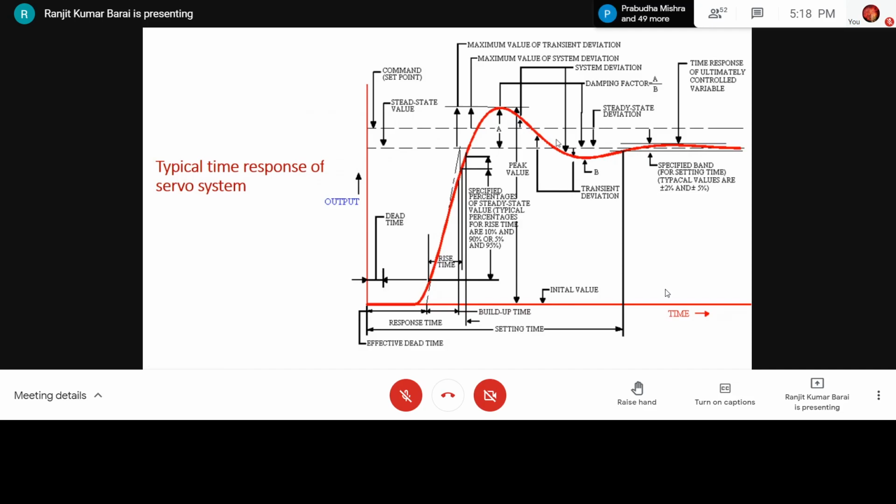Suppose a surgical robot, a surgeon is doing laparoscopic surgery using a robot. If the end of the robot oscillates, what will happen? Instead of cutting a small amount of space, it will cut a very large space. That is not recommended. That's why all types of robots, whether surgical or industrial, should be free from any oscillation. So we allow slow response, but we cannot allow any oscillation. Accuracy is very important.